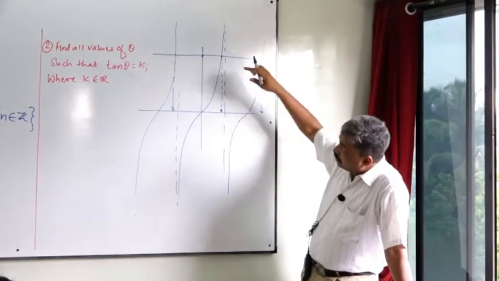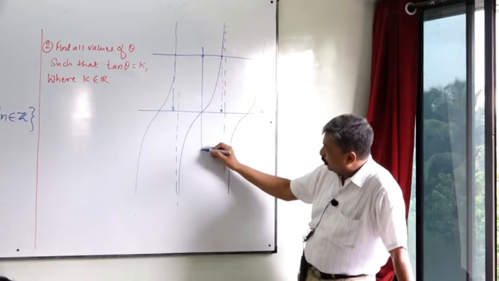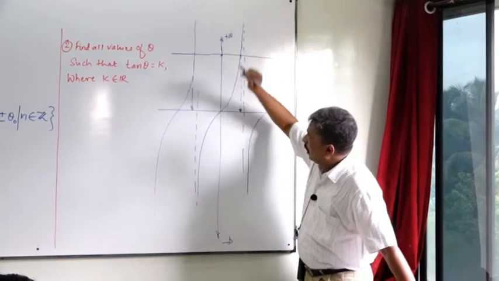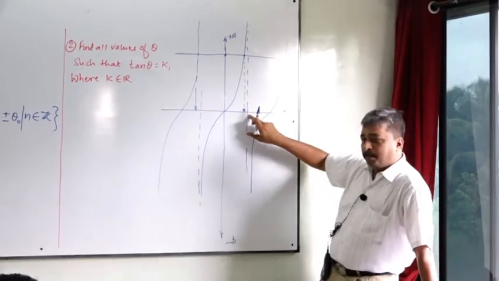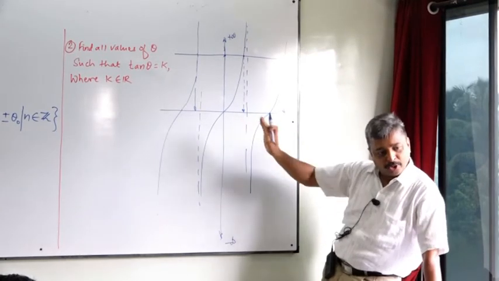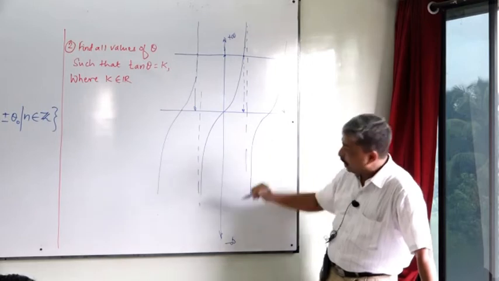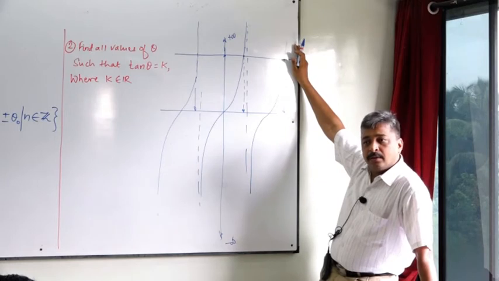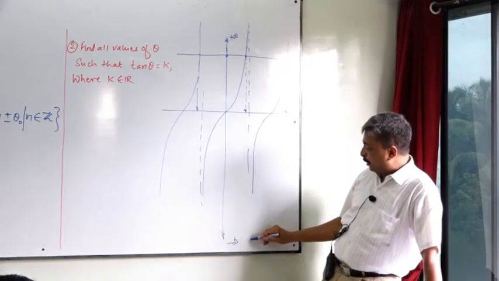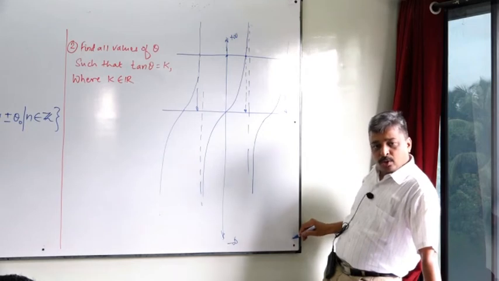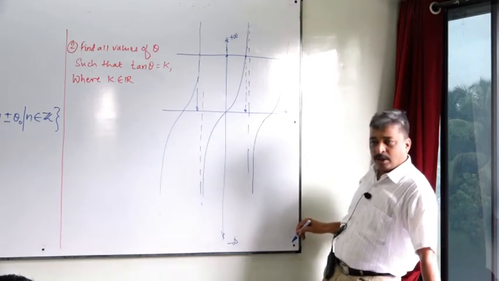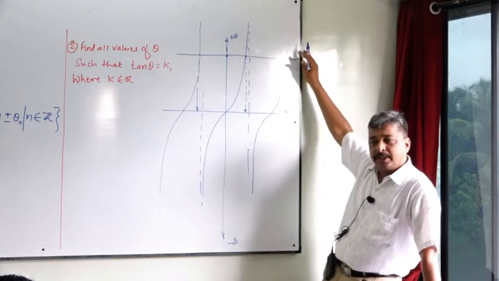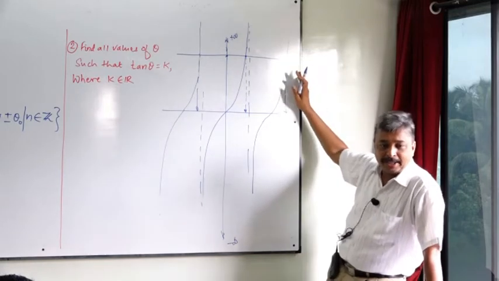We know tan theta achieves values going to minus infinity and plus infinity, and all angles between minus pi by 2 and pi by 2 will give us all values between minus infinity and plus infinity, because of this one curve that we have drawn. There will be values between pi by 2 and 3 pi by 2. Those values of theta also will provide us one more set of values of tan theta between minus infinity and plus infinity, and so on. There will be infinitely many like that.